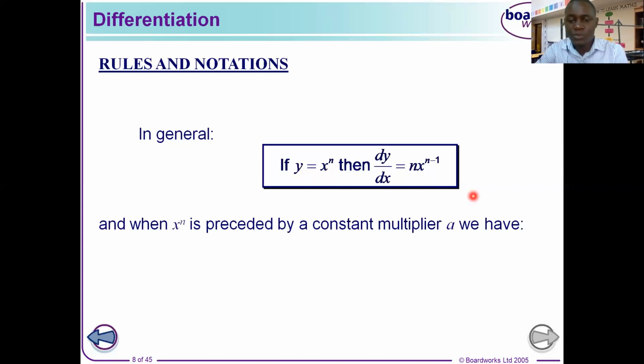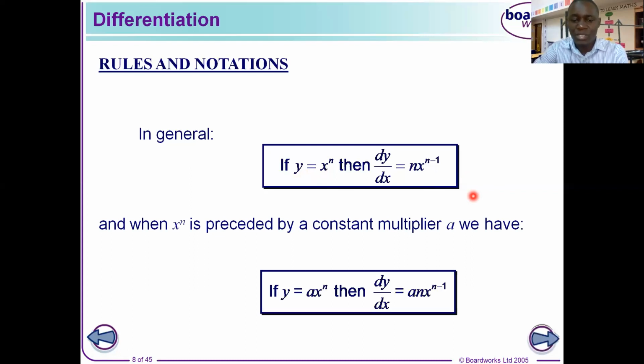Now, it is also possible that we have a function y equal to ax raised to power n. In other words, a stands for a constant. It can stand for any number: 2, 3, 4, 5, 6, 7, 8, 9, whatever number that is representing, that number is a constant. So if you have a constant, for example, y equal to 2x squared, y equal to 3x squared, that constant will be taking part in our multiplication when we are going to find the differential